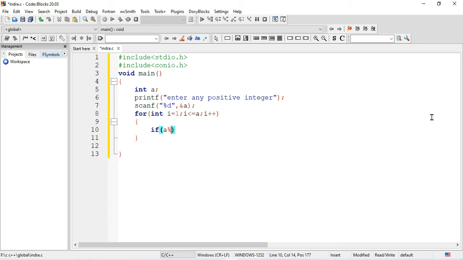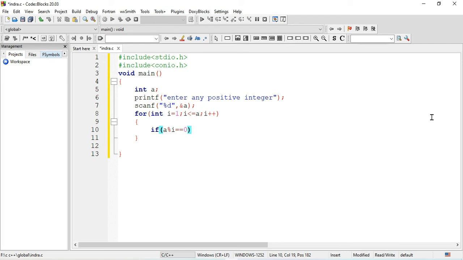A modulo i is equal to 0. This is the comparison operator, double equals. If the remainder while dividing that number by the integer is exactly 0, remainder 0 means i is a factor of that number, it is exactly divisible.